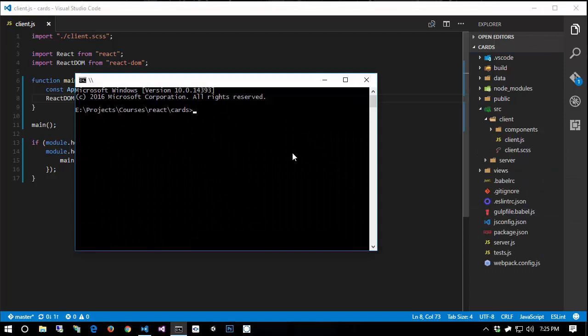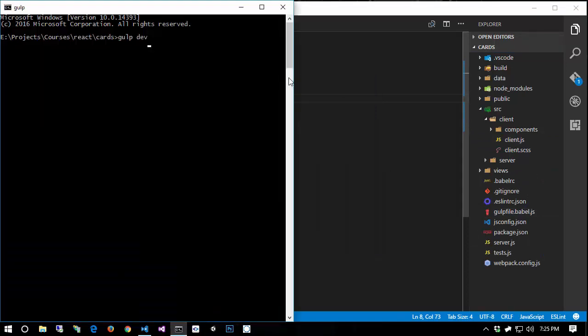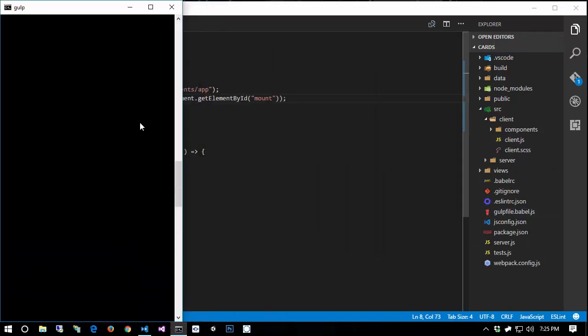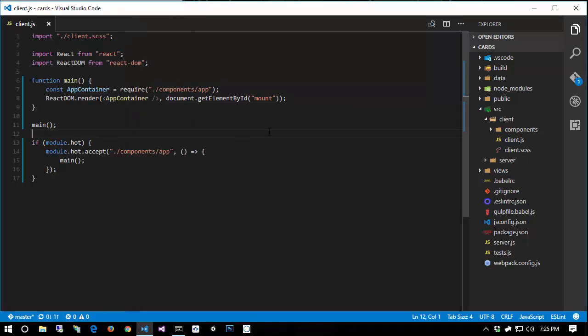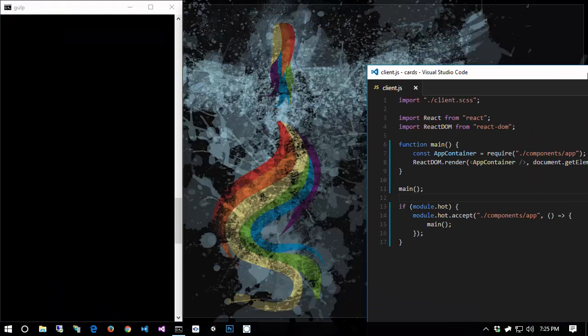So I'm going to go ahead, open up a command prompt, and I'll do gulp dev. So you can do this module hot accept on any module that you want. You can even have it accept itself. And if you accept itself, then whenever this module changes, that code will execute. Now it's important to understand that,